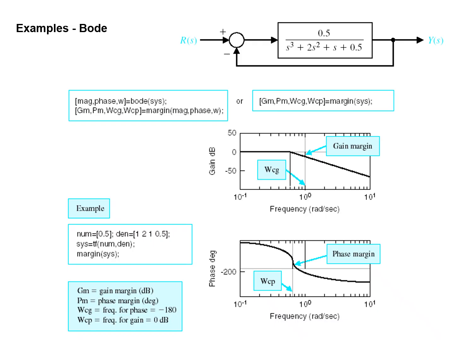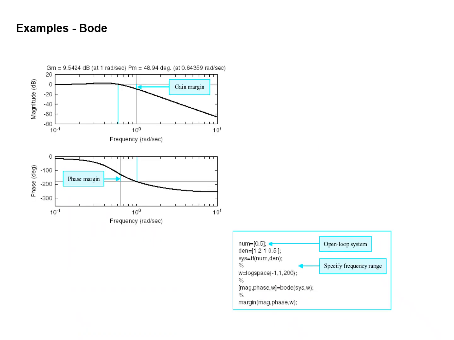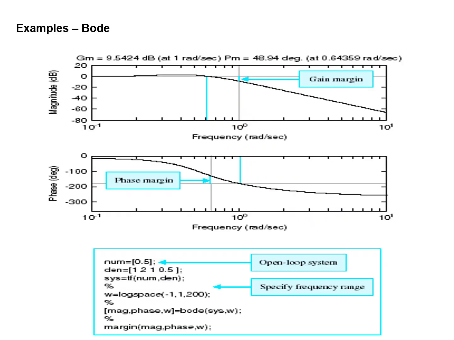After you run the code, you will get this. It is for gain margin and it is for phase margin. This is continuous. This is the magnitude and the phase margin. This is another example. Here there is the